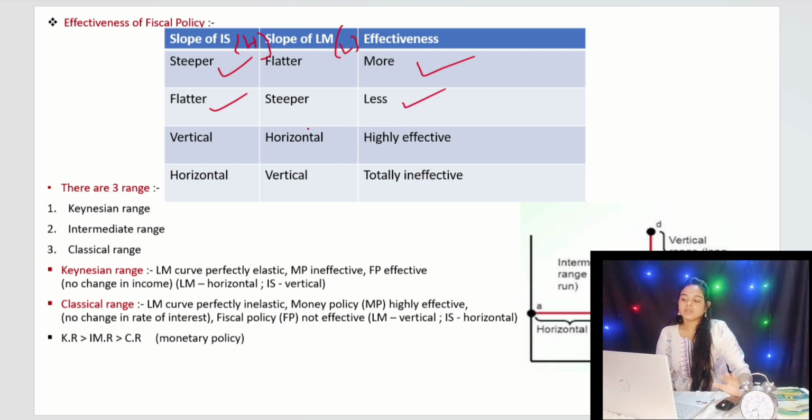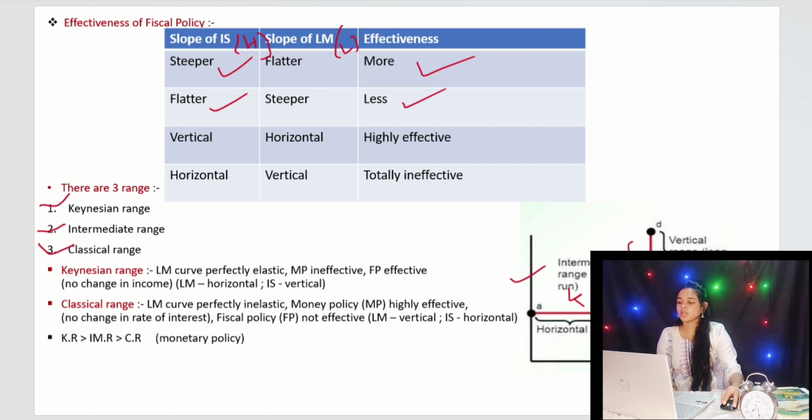Clear? There are three ranges of the IS-LM curve based on the effectiveness of fiscal and monetary policy. The first one is the Keynesian range, then the intermediate range, then the classical range. In the diagram, the rate of interest is presented on the y-axis and income on the x-axis. So first, A to B is the Keynesian range, and then B to C is the intermediate range, and after that the